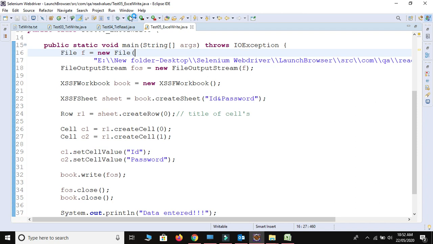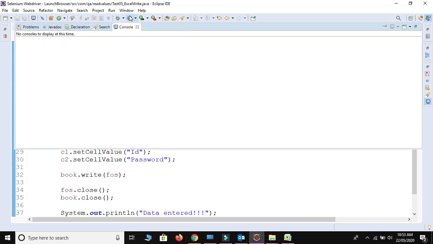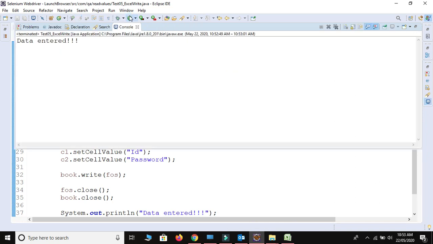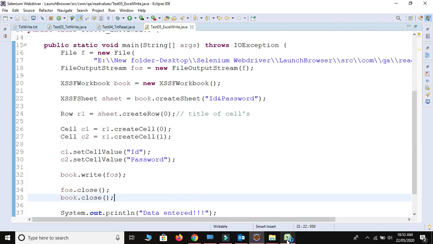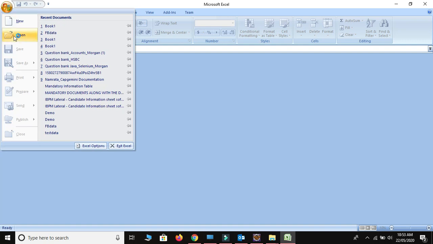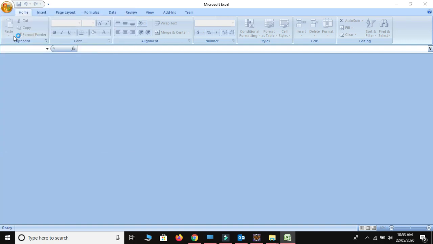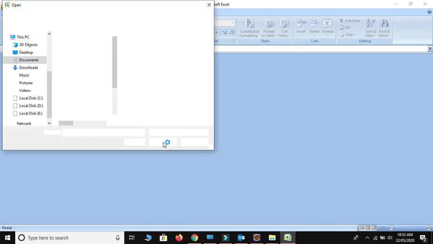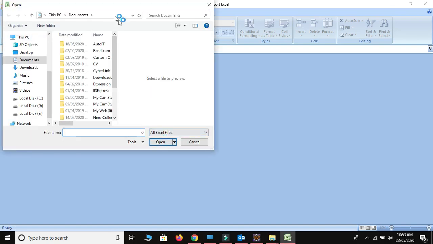Okay, we got this message, data entered. Let me close this one, and let me open our sheet. I will open the file from our project's location, so I will open the location.